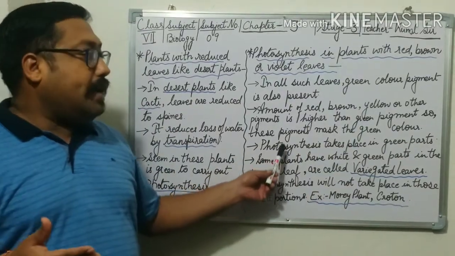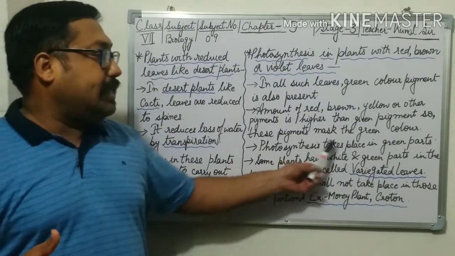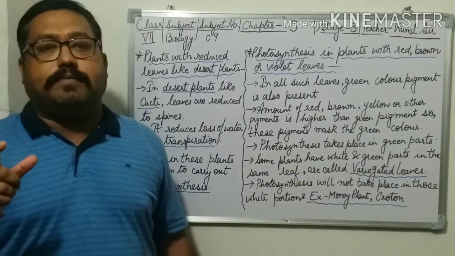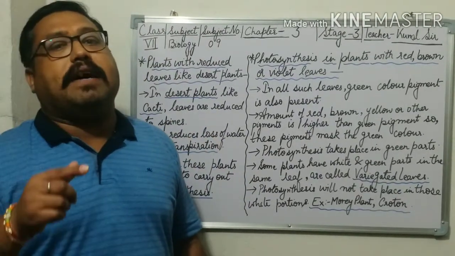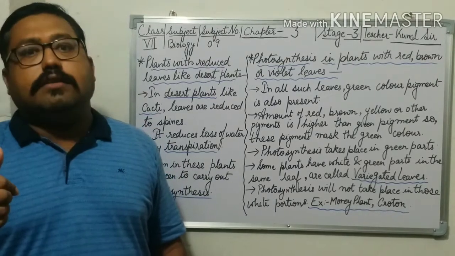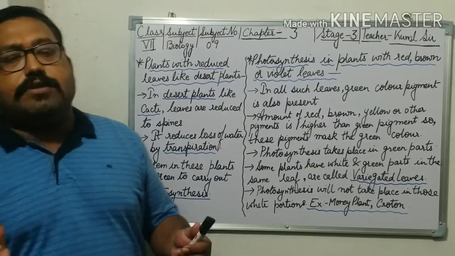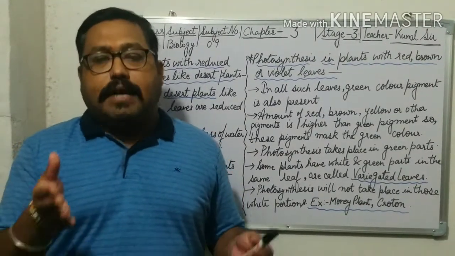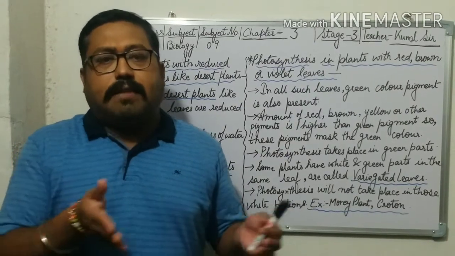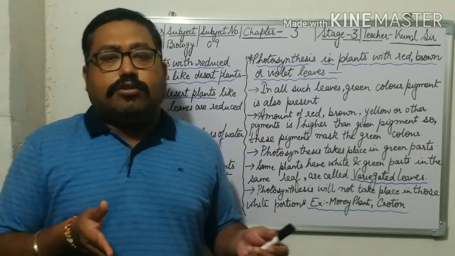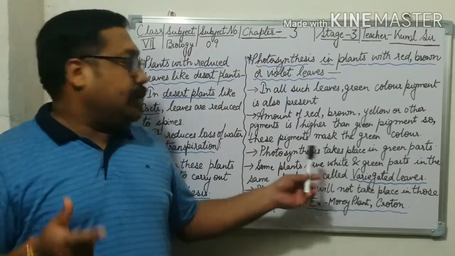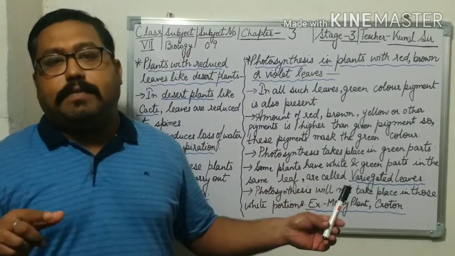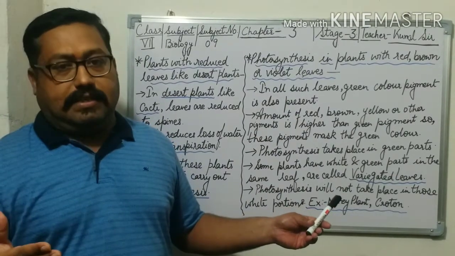And photosynthesis takes place in the green parts of them. Where does the process of photosynthesis happen? The green parts of the plant do the process of photosynthesis, because the green pigment is lesser as compared to the other parts of the plant. So those parts which are available in green help in the process of photosynthesis.